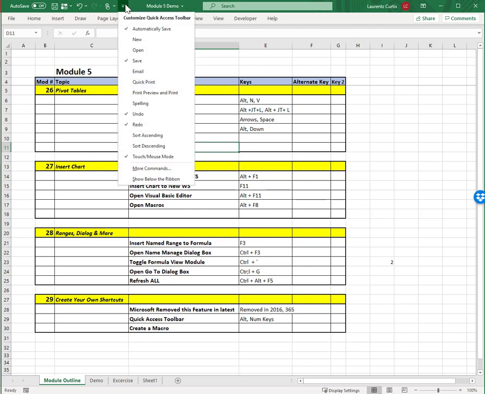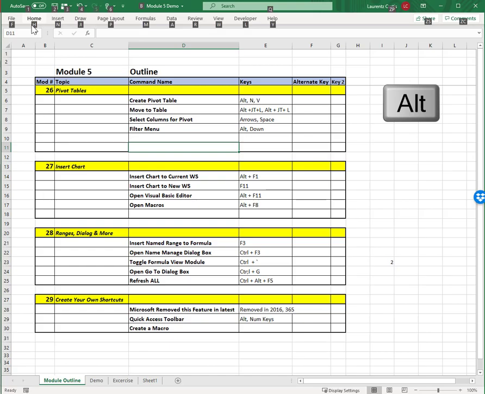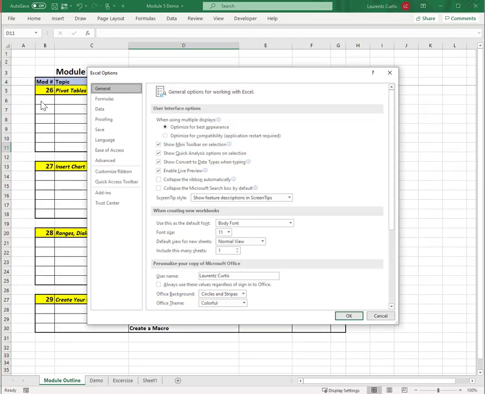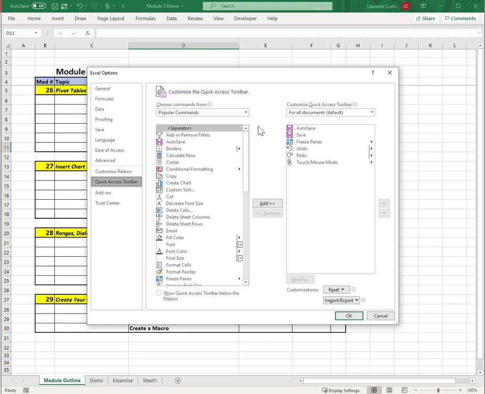Let's go back to File, Options again. Press Alt and then F, and then if you look here, press Options and then Quick Access Toolbar. See right here, for our quick access buttons, we have AutoSave and Save. Freeze is one that's not default. I added that because I think it's really useful to be able to freeze the panes using the Alt feature,